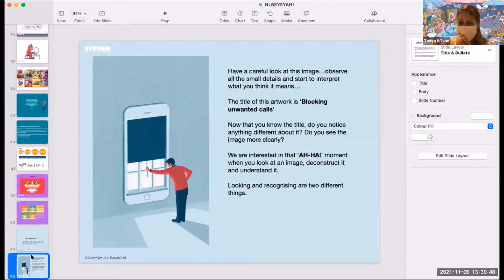So just going a bit more into visual literacy, and later I'm going to share some books that I love about this topic. If you have a careful look at this image, I think all of you are adults and you'll probably be able to understand this image already. But if you observe all the small details and start to interpret it, and then if I tell you that the artwork is called Blocking Unwanted Calls, then you'll realize obviously the window is actually an